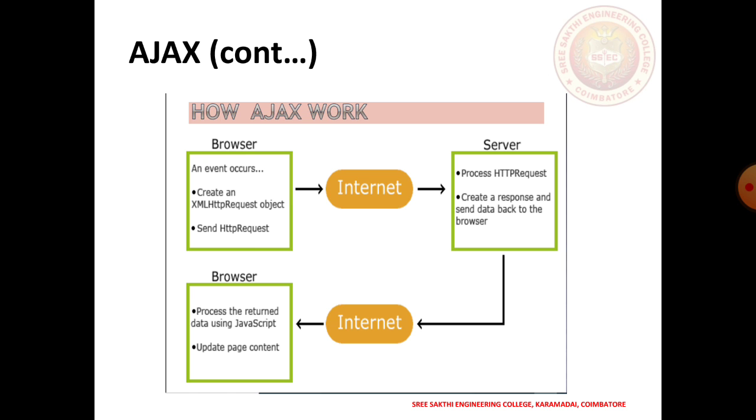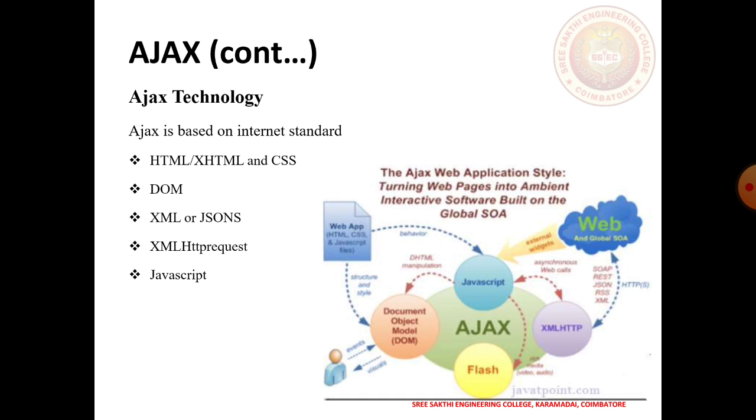Once the response has been received by the browser, validation takes place in JavaScript and the page gets loaded. Ajax is a combination of the XMLHttpRequest object and the JavaScript HTML DOM, where the XMLHttpRequest object is used to request data from the web server, and JavaScript and the HTML DOM are used to display and use the data. So the XMLHttpRequest plays a major role in the Ajax architecture. It sends data from the client in the background and receives data from the server and updates the page without reloading.